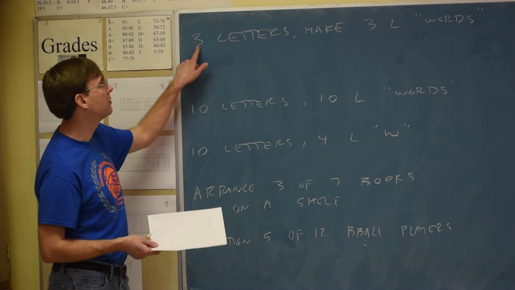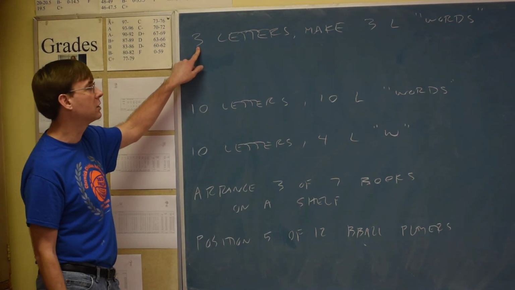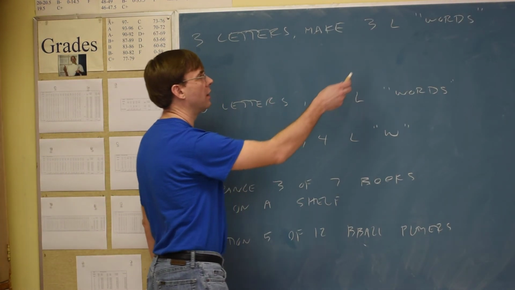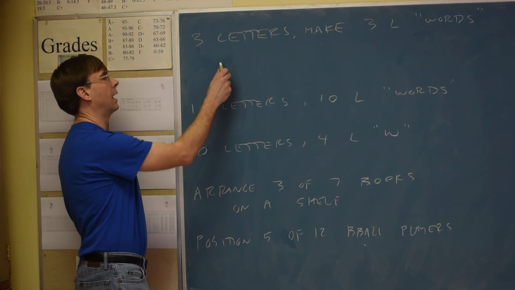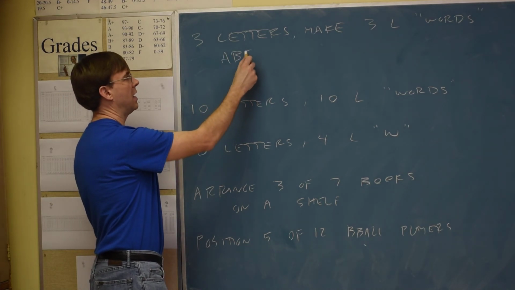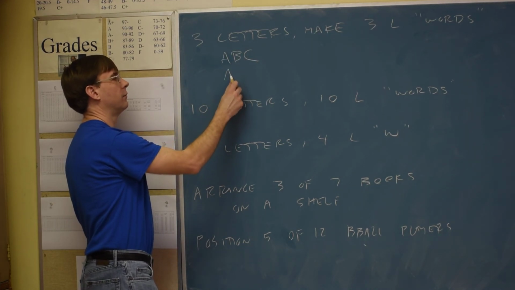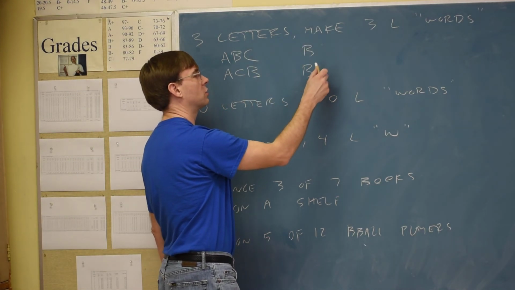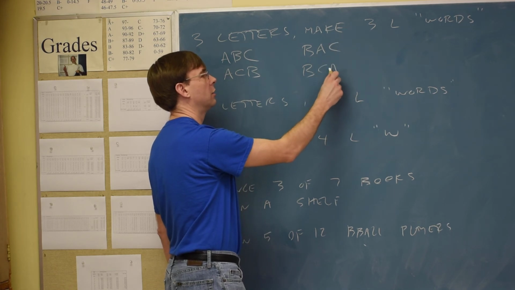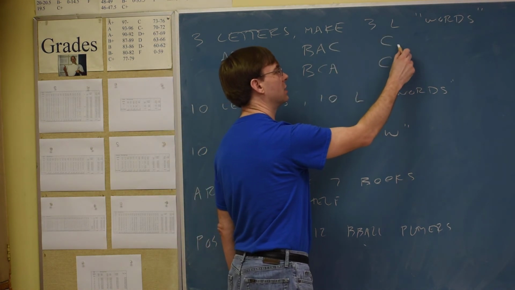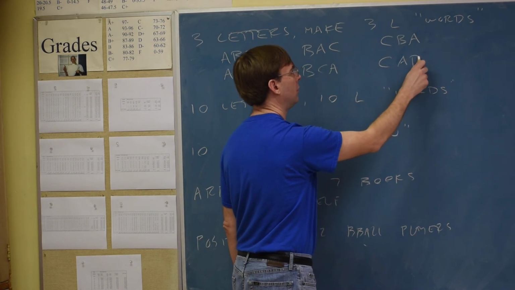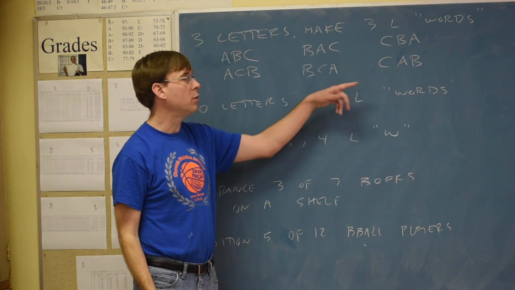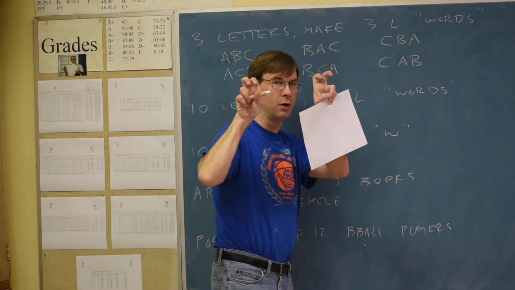So if we have 3 letters to choose from, we have 3 blocks with our young child friend, like A, B, and C. If I wanted to make 3-letter words the long way, I could list them out. A, B, C could be a word. A, C, B could be a word. We could do a couple words that start with B, bac and bca. I could do some words that start with C, cba and cab. Only one of those words is a legitimate word, cab, but we would count there to be 6 air quote